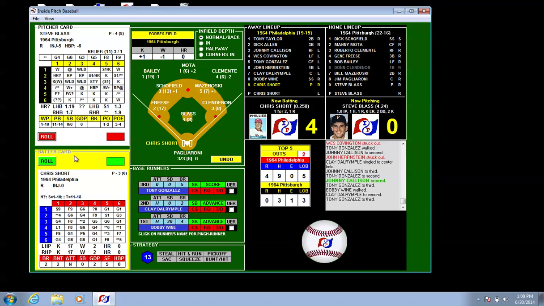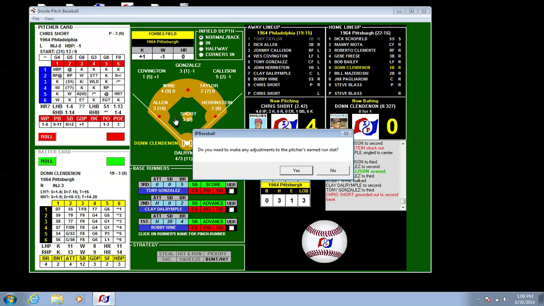Chris Short will let the Blast see if he can get out of the inning against the pitcher here. Bases loaded, but a hit here could put the game out of reach. 1-1 is a possible walk, but Short doesn't walk hardly anybody. It's a 4, even though it's a low roll, it's not a 1, so he will not walk. Let's see what Short does. A 1-3 is a ground out to second. So Blast does get out of the inning